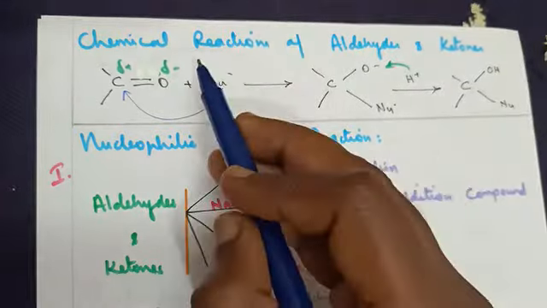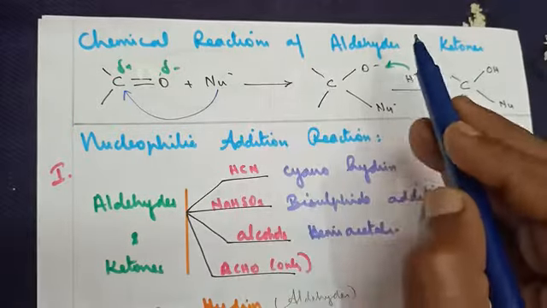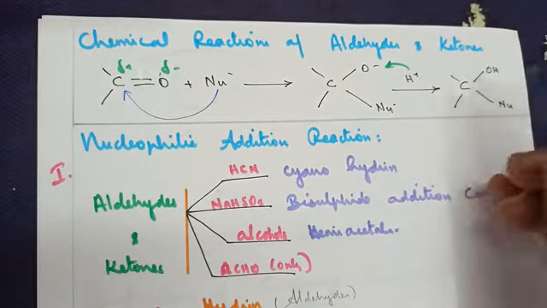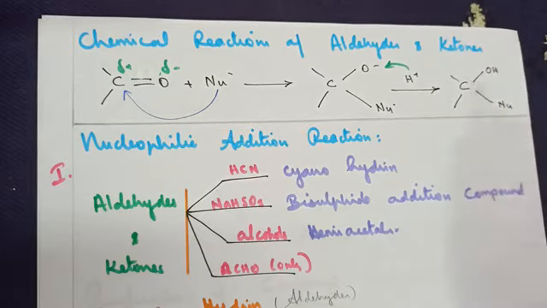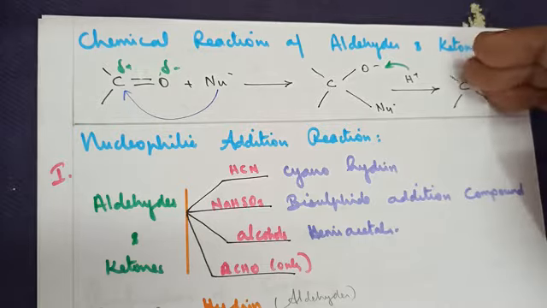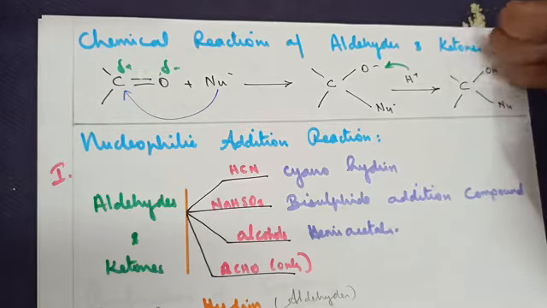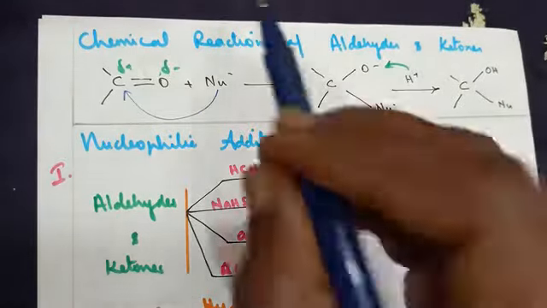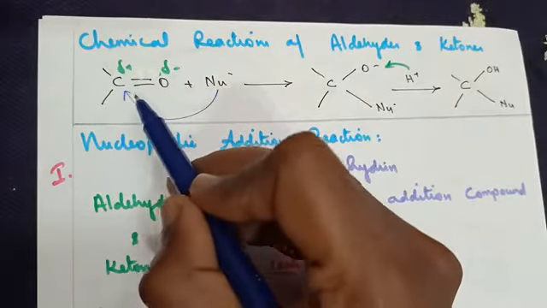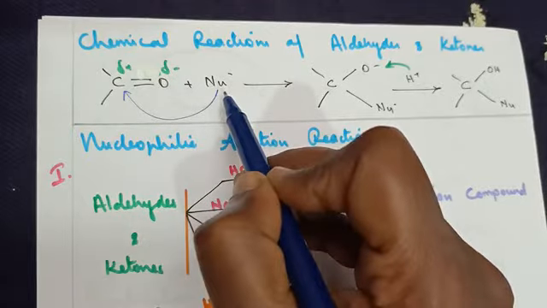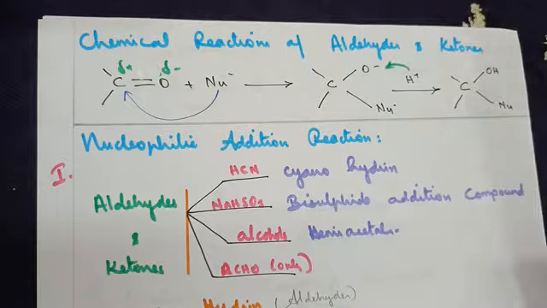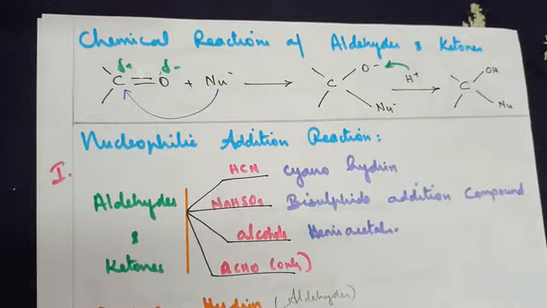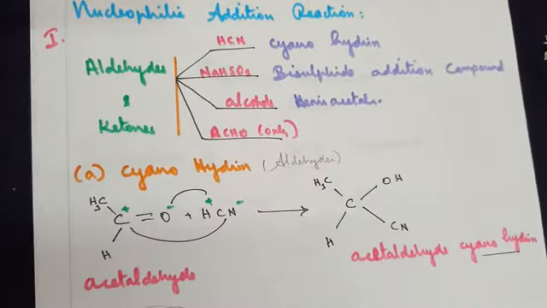So today we are learning about chemical reactions of aldehydes and ketones landing up in the formation of an incoming nucleophile, and the presence of hydroxyl group will be seen in the byproduct that is formed. A lot of explanation is given in the textbook, but this is the key concept for you, where an aldehyde or a ketone group combines with the incoming nucleophile, giving us the formation of a new product. What's the name of the product? We will see as we proceed through the chemical reactions.